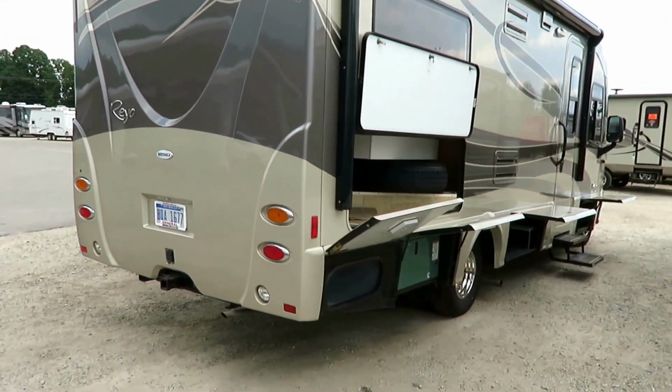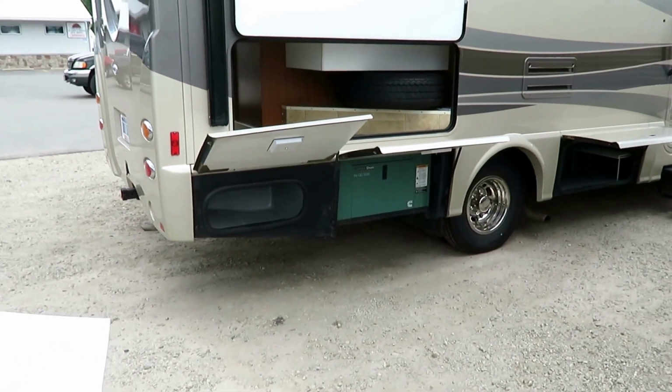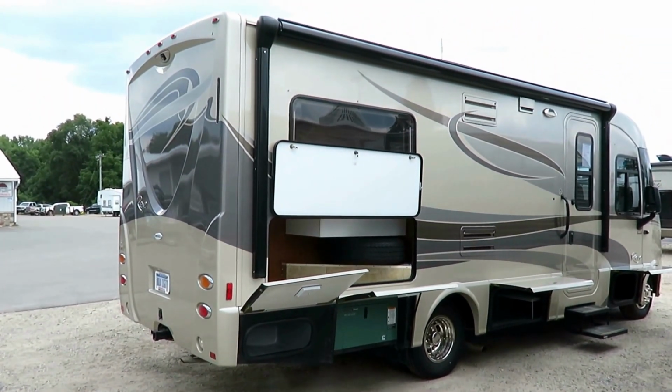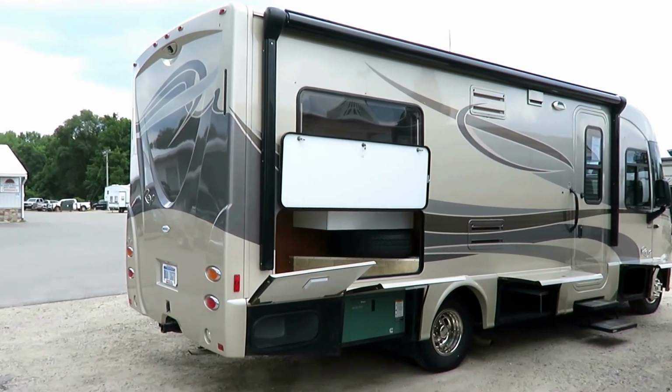Let's see here, I've got all kinds of good information on this thing. New tires in 2016, new chassis battery in 2016. It has a heated drainage system so that things can't freeze up on you. You can see it's got a maximum length power awning right there with a protective shield on it to help